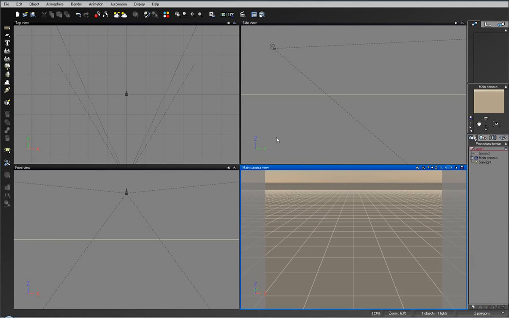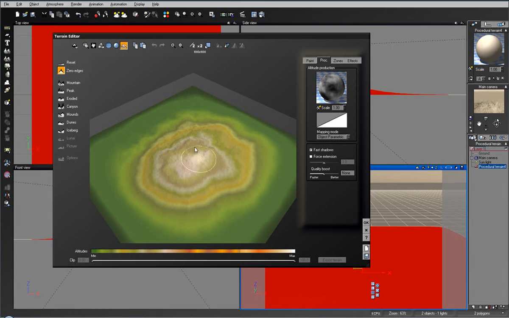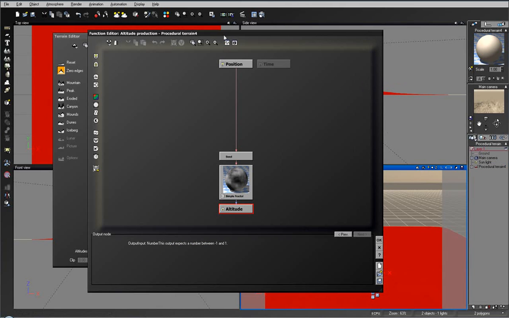Now here there are two ways of doing this, whether it's a close-up shot or a faraway shot. If it's a faraway shot, then we don't really need many details, so I'm going to show you how you can use alpha masks in order to create custom terrains. So we are going to use a terrain and edit it, and go into Altitude Production and right click and choose Edit Function, which will bring us to the function editor